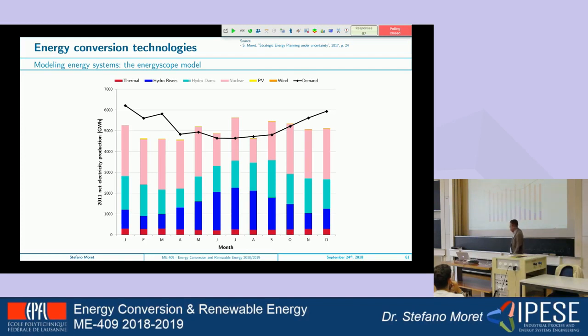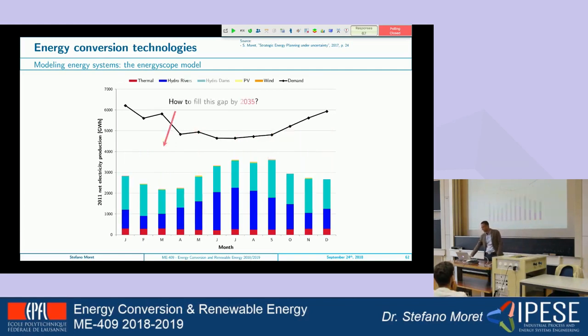Actually, this data is from 2011, but it's very similar today. You see that today Switzerland is highly relying on nuclear energy for electricity production. And you see that already today, Switzerland is not autonomous in winter. In winter, the dams get more and more empty because there's snow, so the water does not flow to the dam. Switzerland is not autonomous already today in winter. So if you remove nuclear, you have a big gap in electricity production.